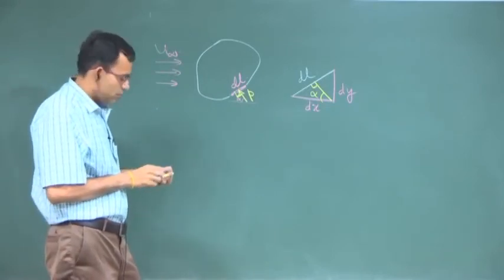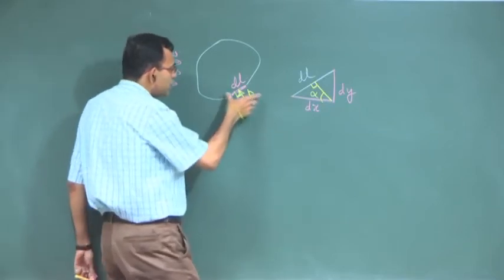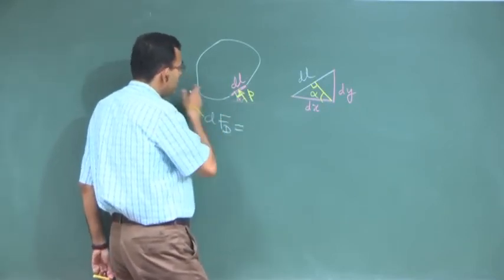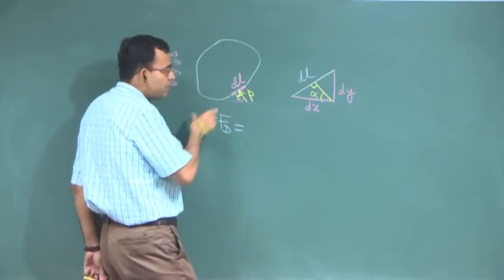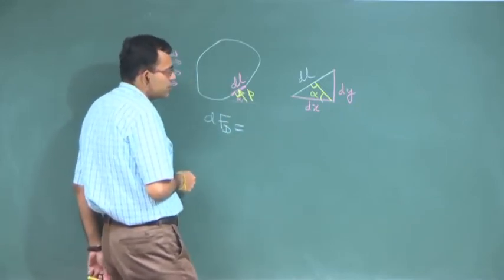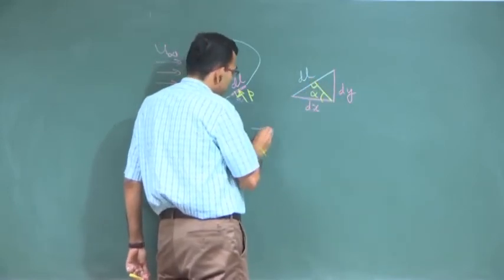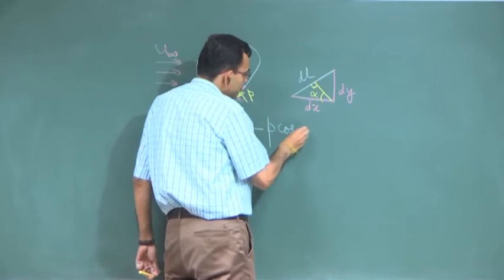So, what is the horizontal component of this force? dFd, the horizontal component, is the drag force and the vertical component is the lift force. So, if this is the P, then the horizontal component is minus P cos alpha into dl,